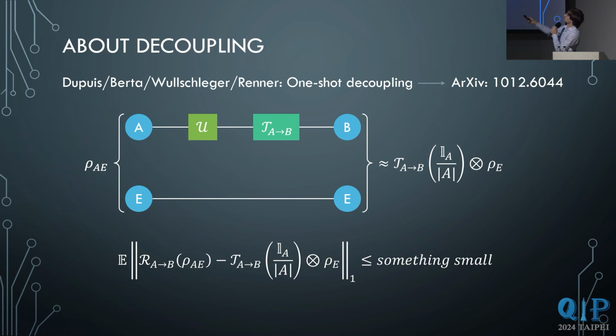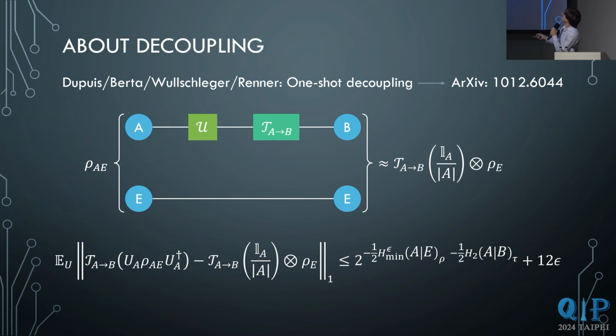And they actually found a bound for this expression here that depends on a term on this quantum entropy here. If you're not used to this kind of entropy notation, you can understand it just as a term, an object, that quantifies the amount of correlation that this input state has, and another term that accounts for, let's say, the amount of decoupling power that our map has, right? So this would be an upper bound for this expression here that we want to make small.